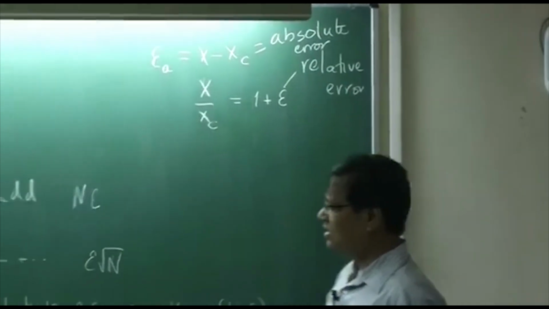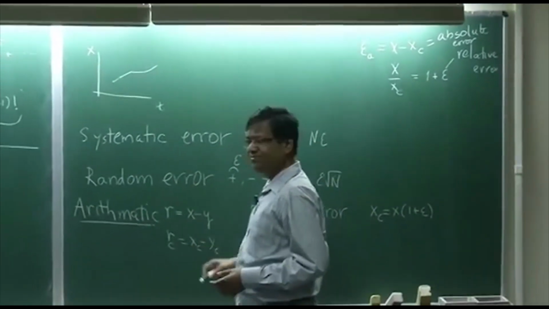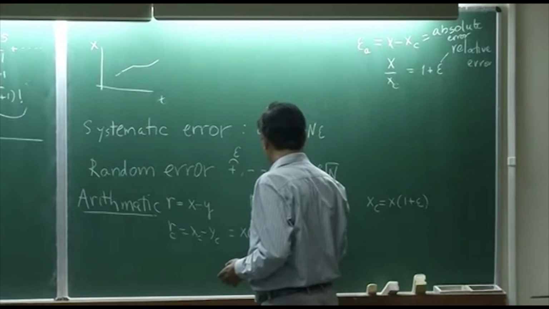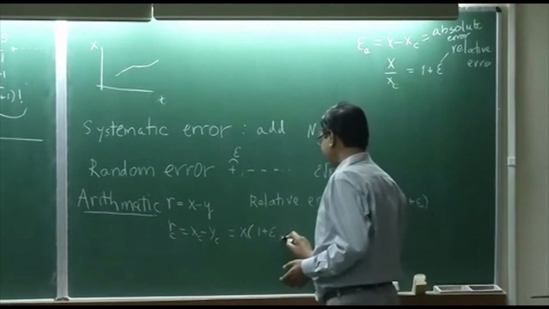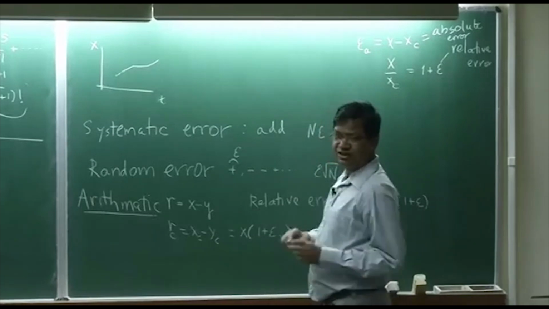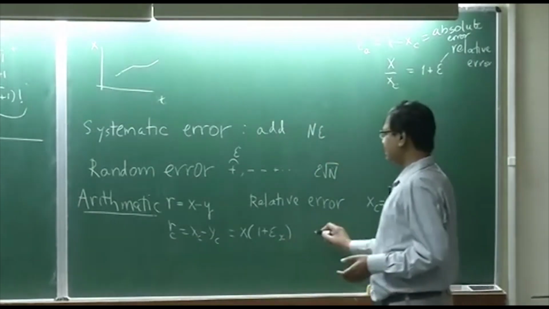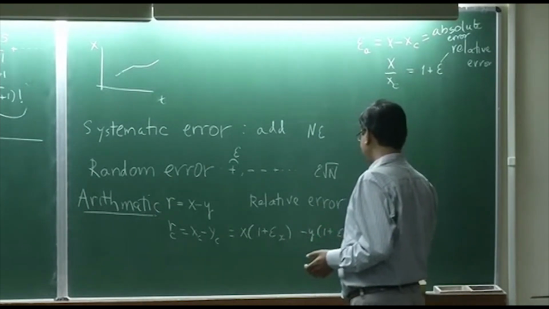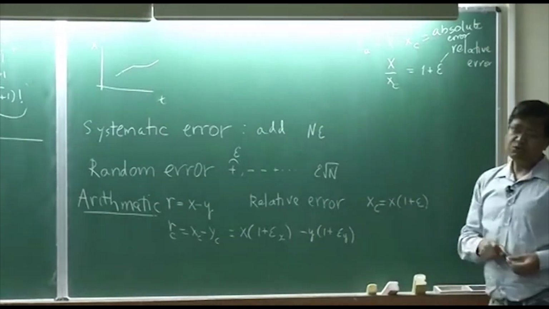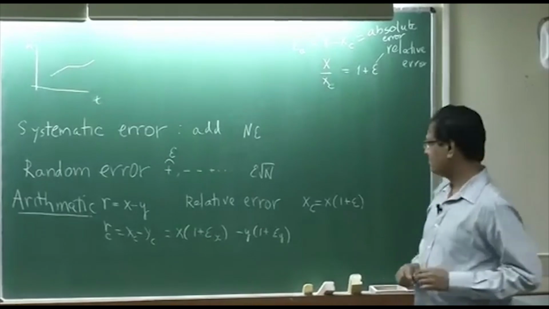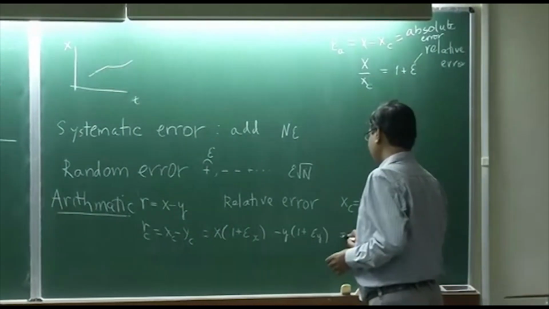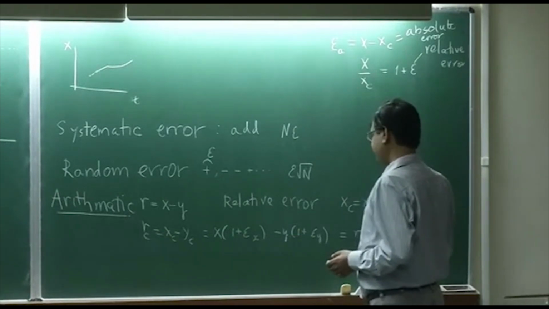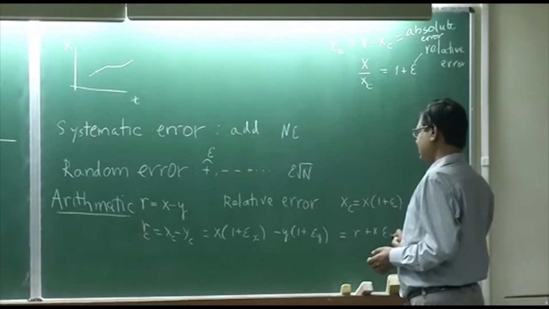Okay. So, now let us estimate what is RC minus R. So, this is going to be x times 1 plus epsilon x, I am going to call it epsilon x, the error in x, where there are two quantities, the errors could be different, and then the other one is y times 1 plus epsilon y. Epsilon could be positive or negative, it could come in either sign. So, this is equal to x minus y, which is my exact value, r, plus x epsilon x